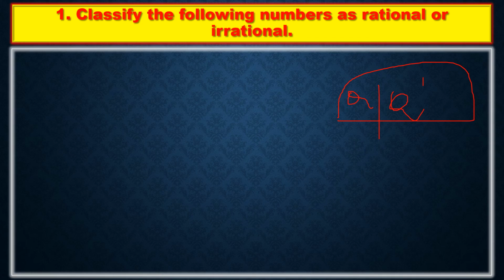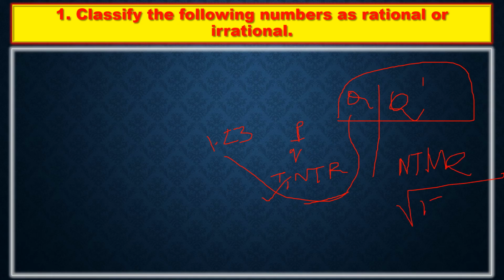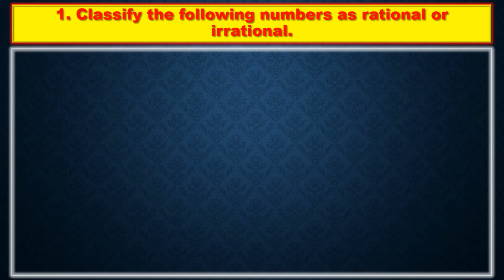Okay, so rational numbers are p by q form numbers, and the terminating and non-terminating repeating, meaning after the decimal if the same digit is repeating, or if after the decimal the digits stop, then these two come under rational numbers. If it is non-terminating, non-repeating, or root of a non-perfect square number like root 13 or root 15, these numbers also come under irrational numbers. Okay, so for the clear explanation, please follow the link. So we'll go through the problems now.